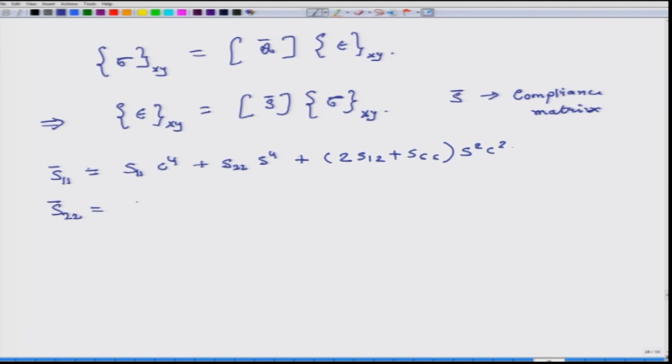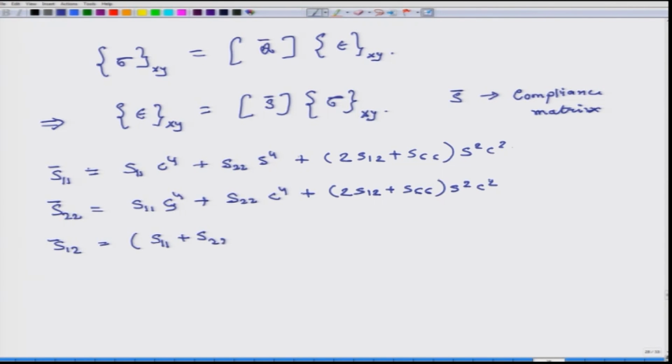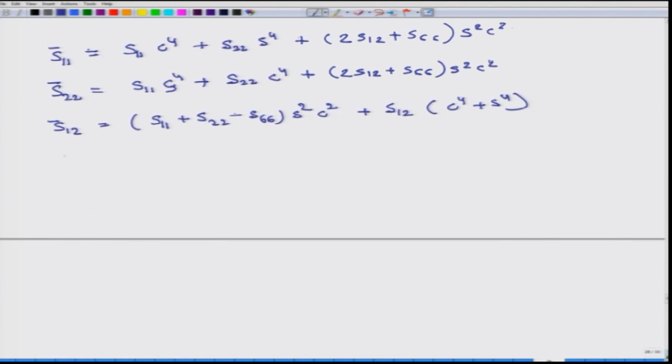S22 bar equals S11 S4 plus S22 C4 plus 2, this entire thing, S square C square, and S12 bar equals S11 plus S22 minus S66, S square C square plus S12 times C4 plus S4, and then S66